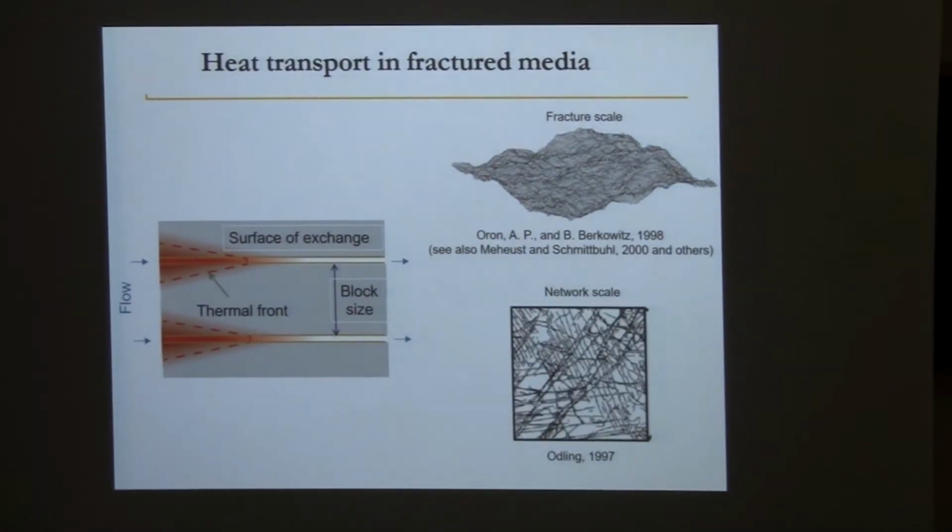So we were interested in heat transport in fractured media. Typically, the question that we have to face in fractured media is that there are what we call two scales. One scale is the fracture, because we always say a fracture is open, it may be a plane and so on, but in reality this is a representation